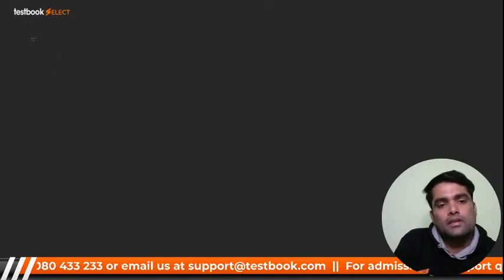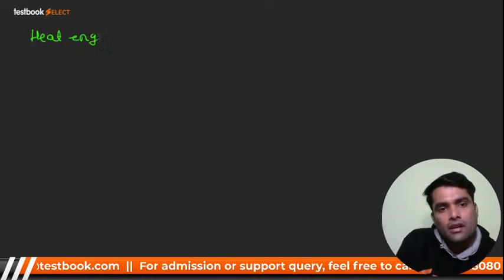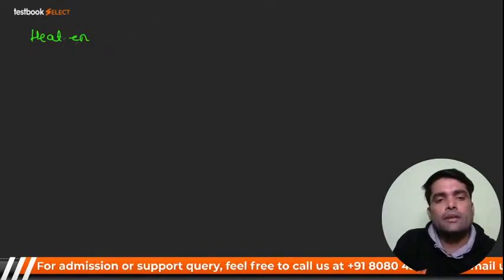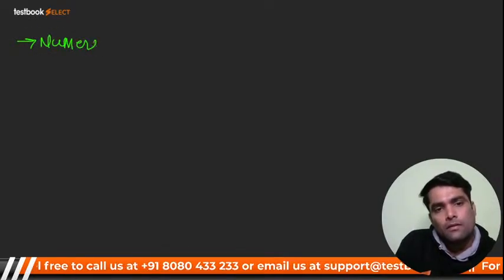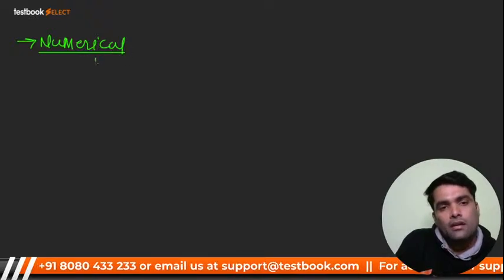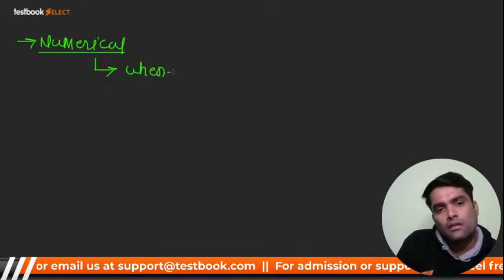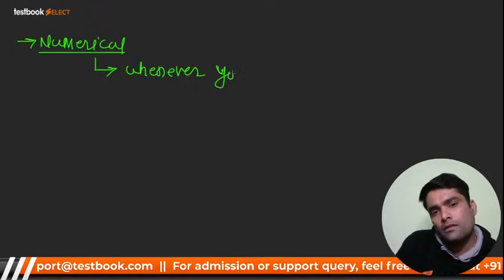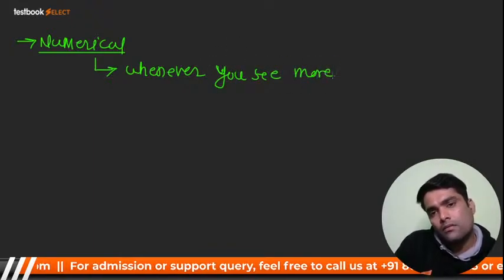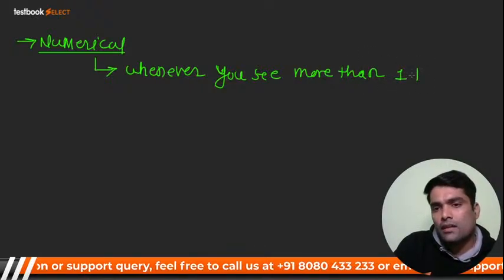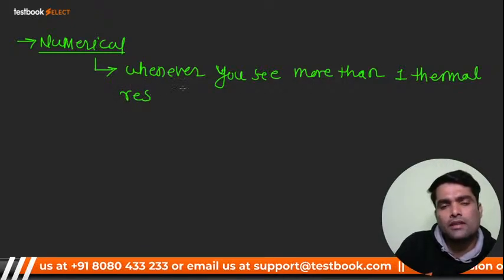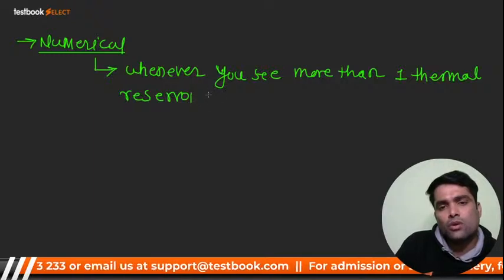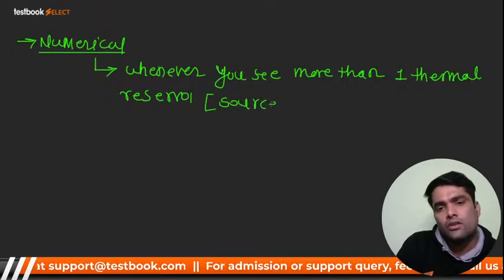And my dear, always remember, whenever they ask a question on heat engine, I'll tell you the trick for the numerical. Whenever in a numerical you see more than one thermal reservoir, more than two thermal reservoirs, that means source or sink, more than two in concern with source or sink,